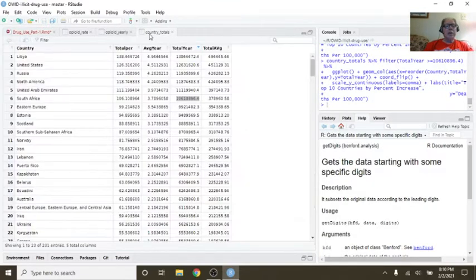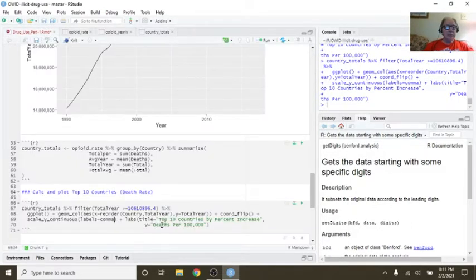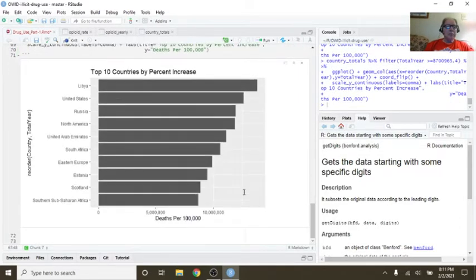Let's say we want to do 10. Okay. So here we have the deaths per 100,000 people.